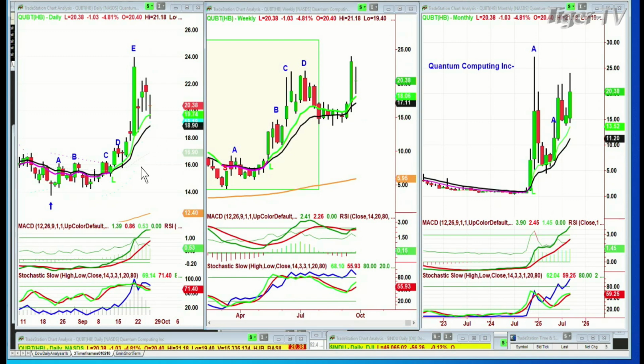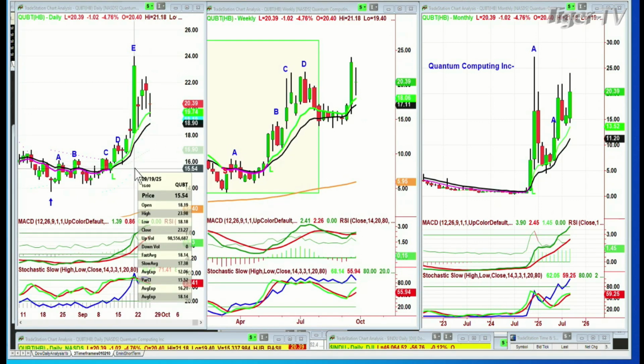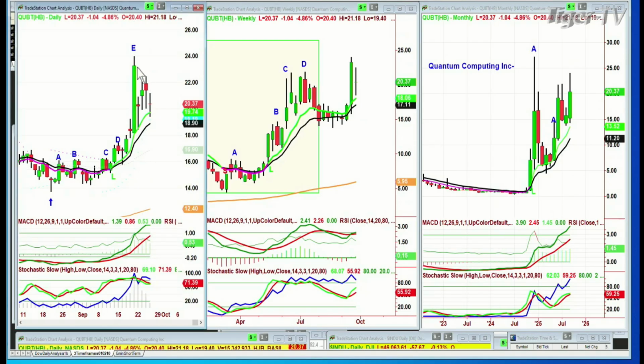Wow, did it make a round number? 23.98, almost a round number. And now it's pulled back sideways, but that's all it's doing. So what I do is I grab my rectangle toolbar right there, and I just say, okay, let's see what happens next, because below 18.90, it should go even lower. It's at 20.39 right now, down $1.02, and above